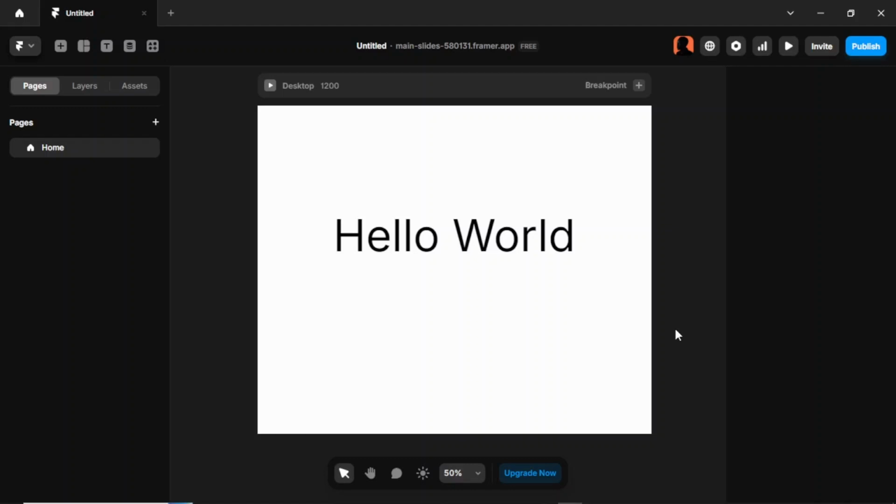So I want to talk about breakpoints. Breakpoints in Framer just deals with responsiveness of our website. This helps us make our website responsive on all devices. So we are currently in the desktop breakpoint, which is 1200 width in pixels. This means that anything after 1200 width in pixels is going to be viewing this particular canvas that we are